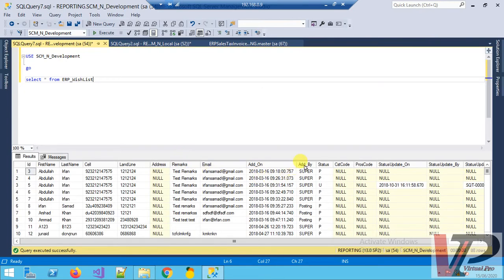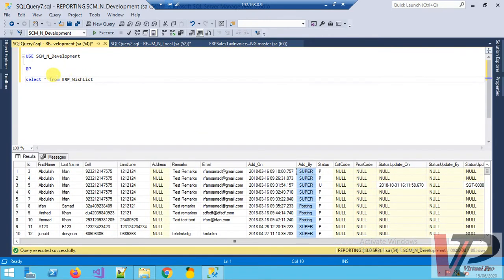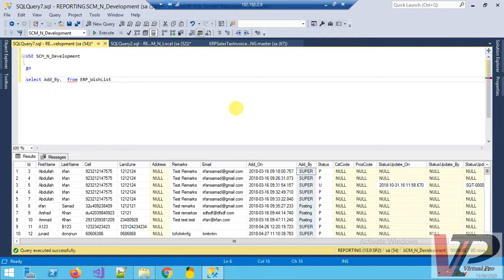Now I'm going to apply switch and case upon this add by field. You can also use switch case on any field, whatever you want. For example, I use this upon the add by field. To use switch case,